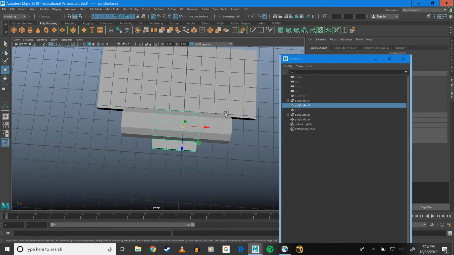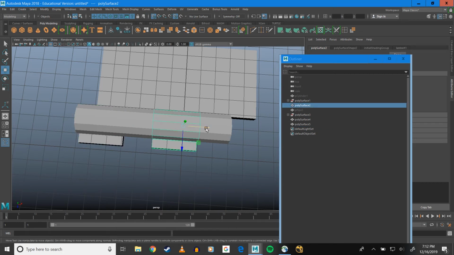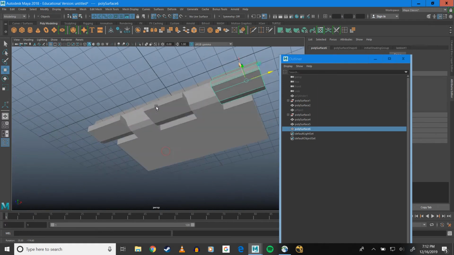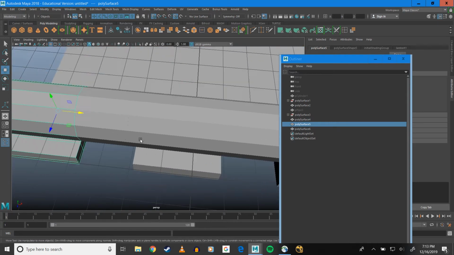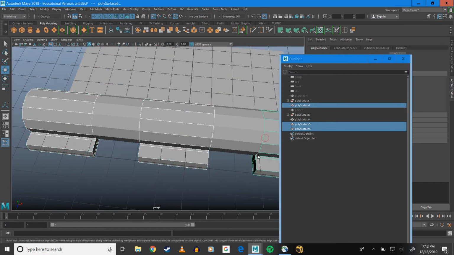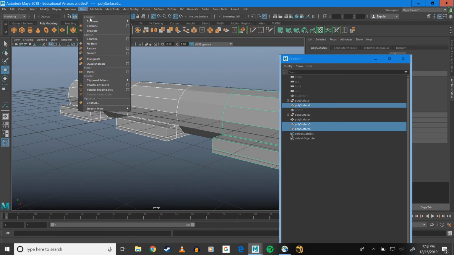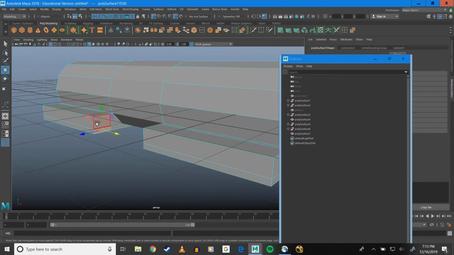I'll make duplicates of this. Control D. And Control D. And now I'm going to combine these three the same way that I did the others. So mesh, combine,